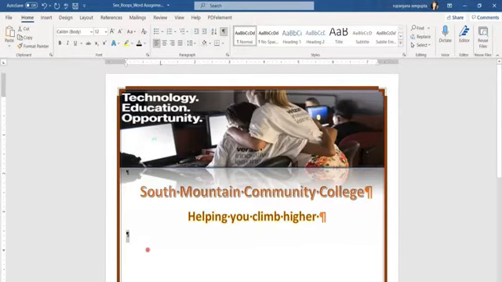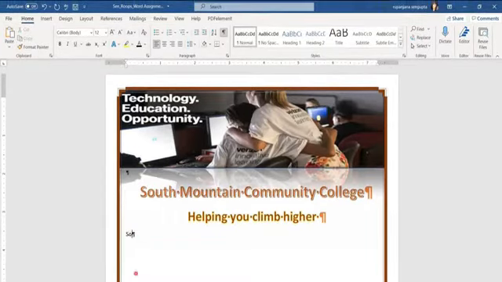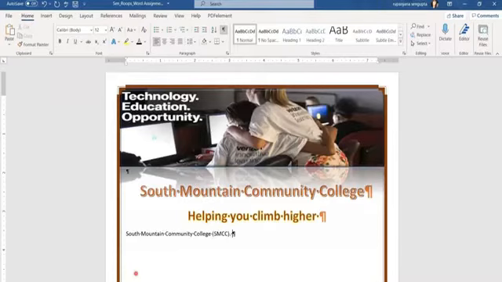South Mountain Community College, within brackets SMCC. Let's start writing the first sentence. Next sentence reflects the diversity of the surrounding community,